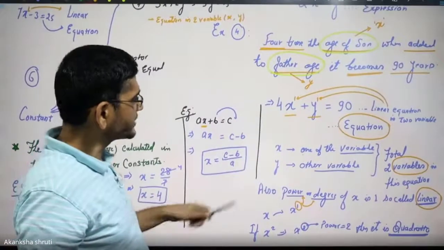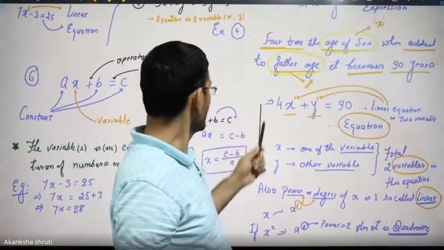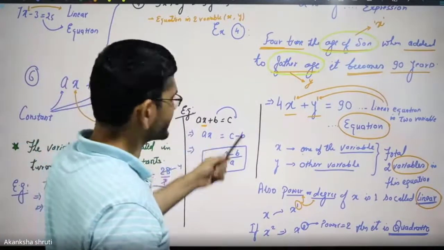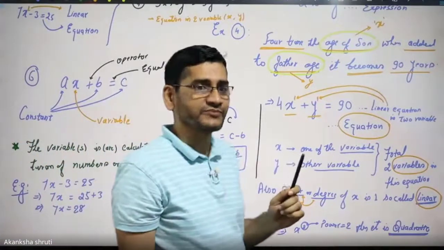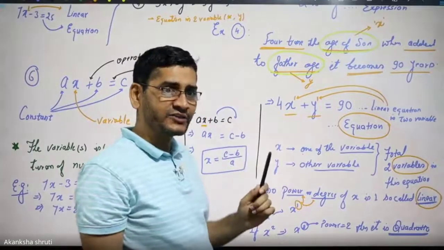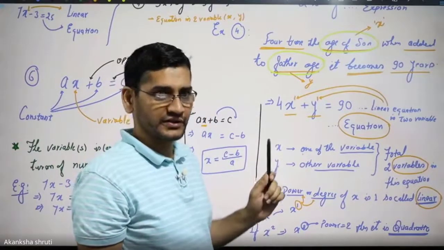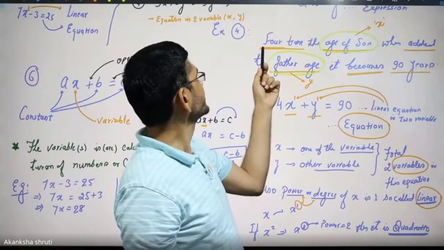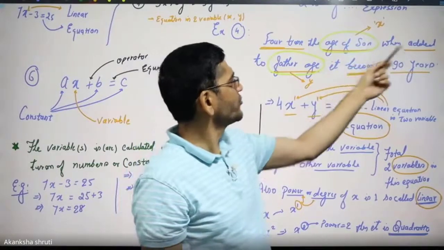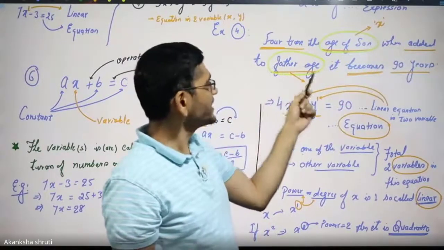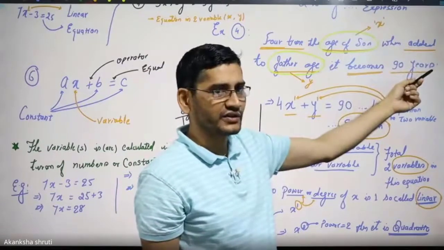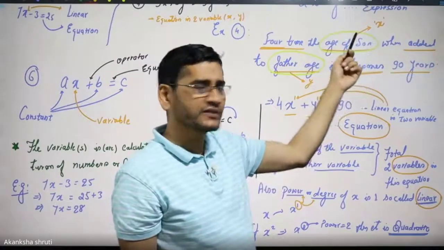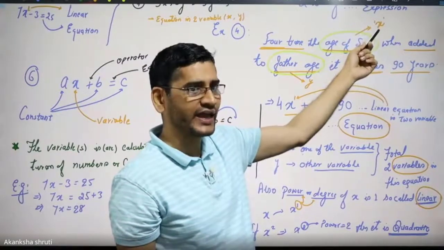A student, a few more things we have to understand. Many a time these equations are not given in this mathematical form, rather they are given in the form of statements. Then again we need to frame the equation. Okay, that is the ultimate objective. Say the question is written like this: 4 times the age of son, when added to father's age, it becomes 98. So 4 times the age of son. So what is one unknown? The age of son. So that is denoted by one variable, say x.